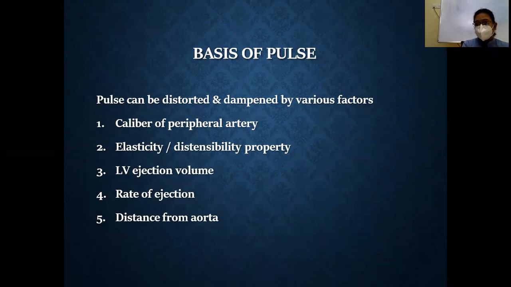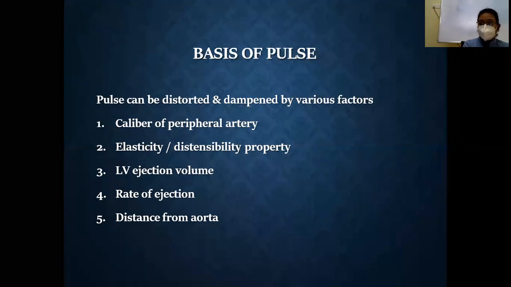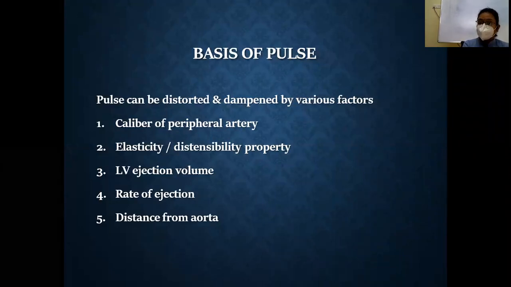When you auscultate, you feel the heart rate is almost 200. But remember again, in arrhythmias, the heart is not ejecting blood at appropriate pressure. So that level of pressure wave is not being generated which could be transmitted towards the peripheral artery. So again, that condition could give rise to apex pulse deficit. And then the distance from the aorta.